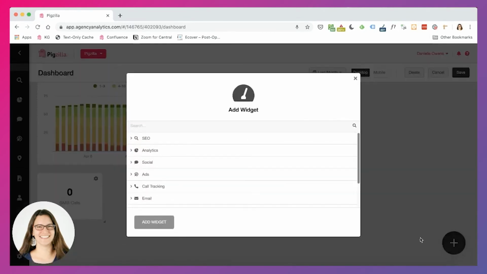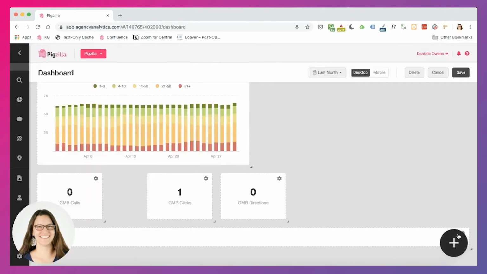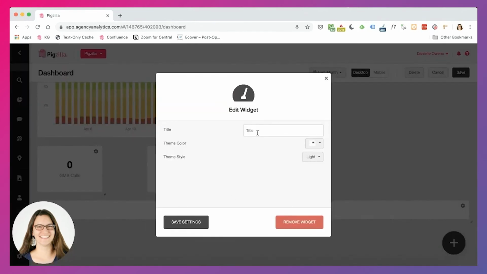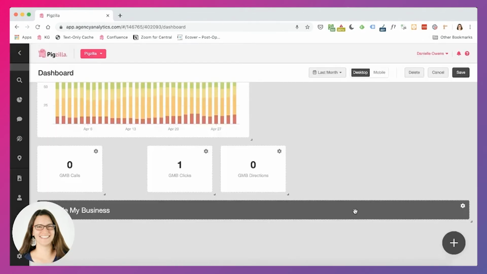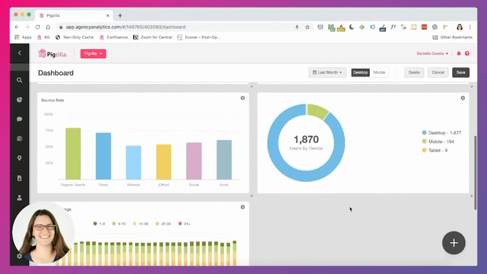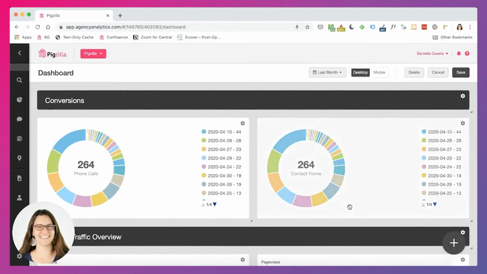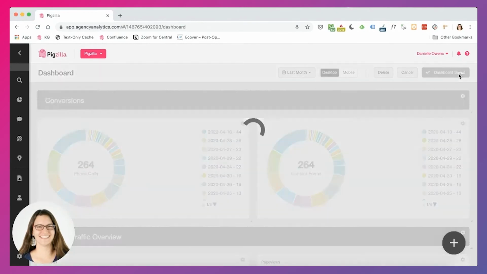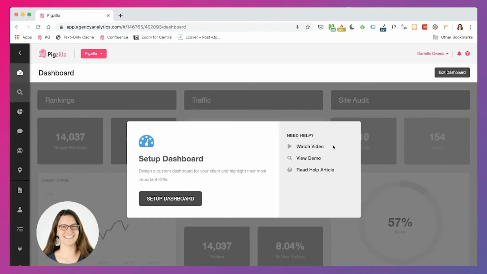And then of course we'd add its own heading here. Here's an example here. So that's how you would build your dashboard, for example, but you would click save. All right, so